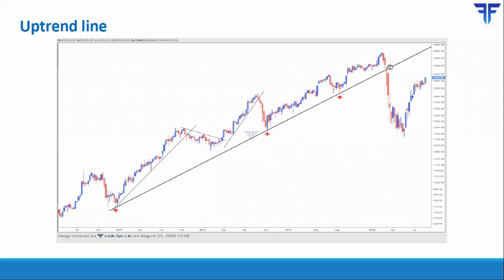At this point, however, price broke below the trend line. And what happened was that if you look to the left, this area was acting as a very strong support previously. So look at the number of times price is taking support at that area. And that area broke over here. Now that was a first sign that this uptrend was weakening.